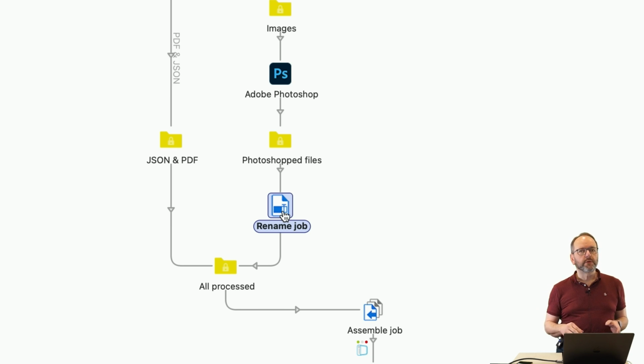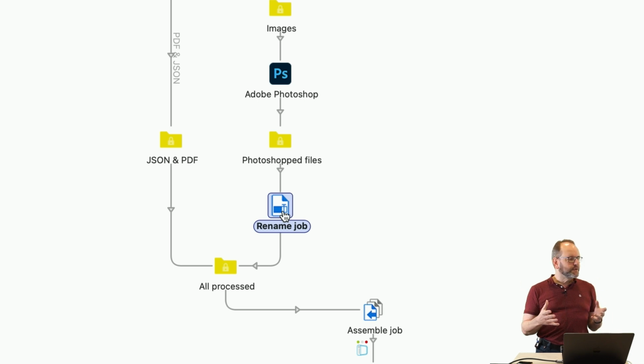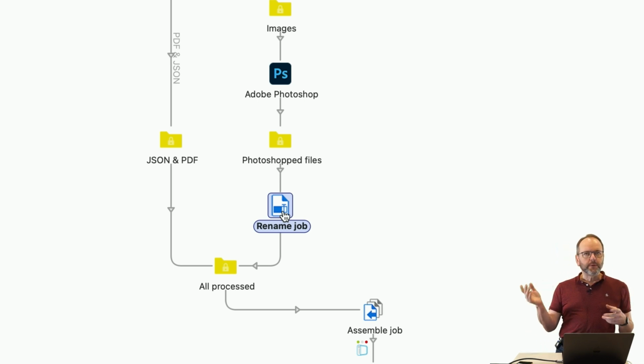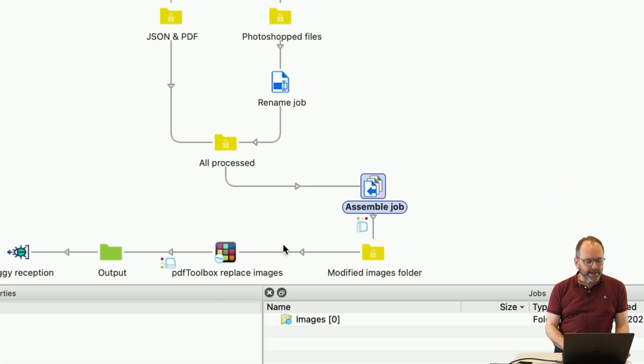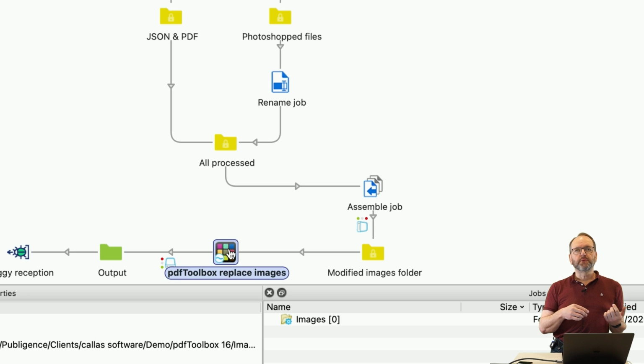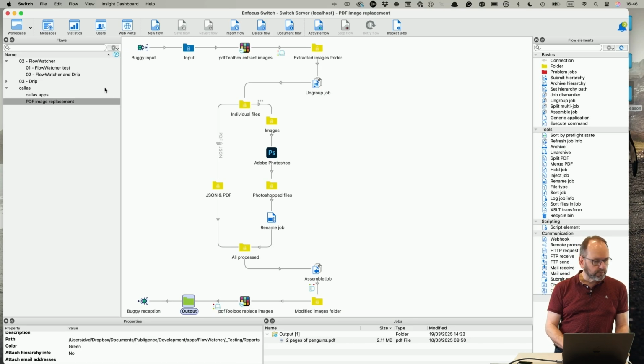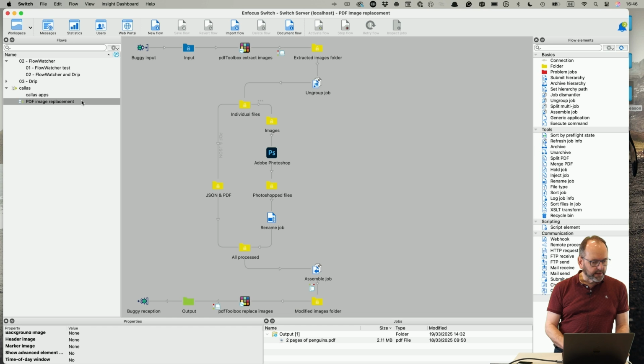I didn't want to write a bunch of scripts to do something with this JSON file, and Photoshop changes the extension of what gets saved from TIFF with 2 Fs to TIFF with 1 F or something stupid like that. So I'm renaming that in Switch. Luckily, that is easy. And then I reassemble that folder so that I have all the images and the JSON and the PDF again in one location. And that folder goes back to pdfToolbox that now uses the replace mode for modify images, and then generates an output. And now I can activate this,